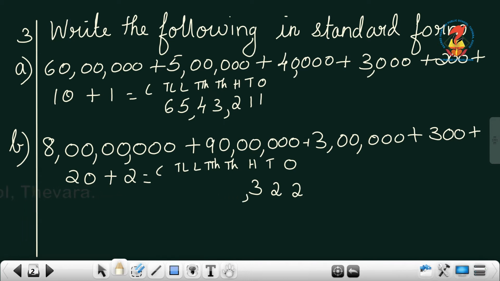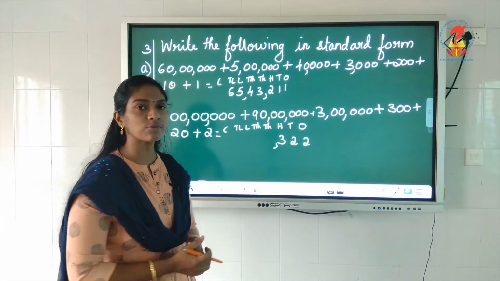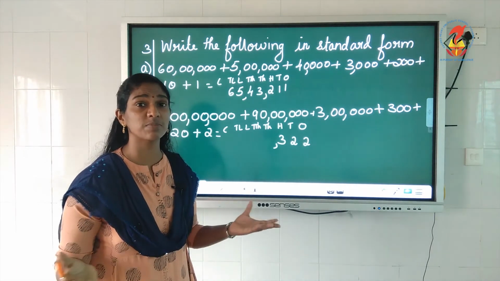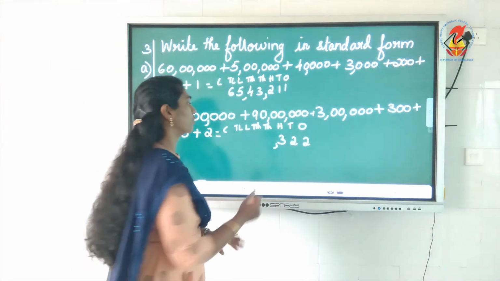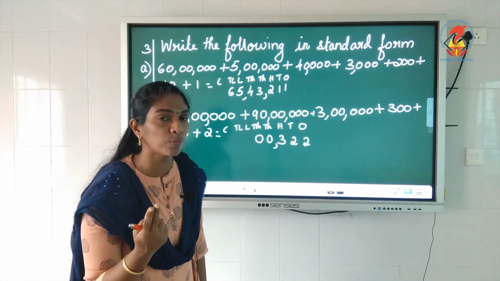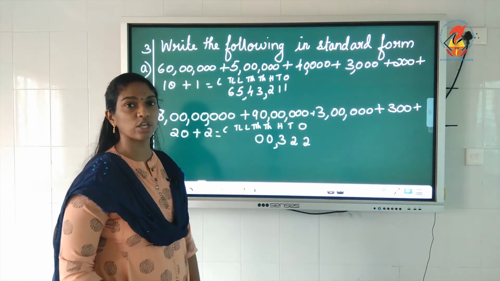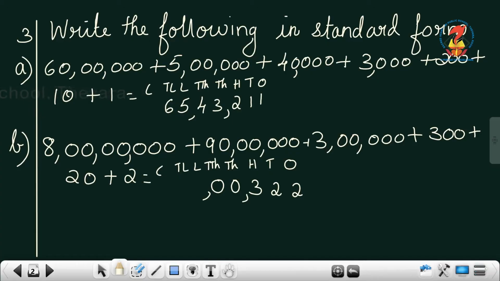Put comma. Now, what is the number before 300? It is 3 lakh. So where is our thousands place? You don't have a number in the thousands place. You don't have a number in the 10,000s place. Thousands period is missing over there, isn't it? So what we will do in that case? We will put 0 in the thousands period. Thousands period, we know there are 2 places, thousands and 10,000s. So that 2 places are missing in the question. So we will put 0. With that the thousands period is over, comma.